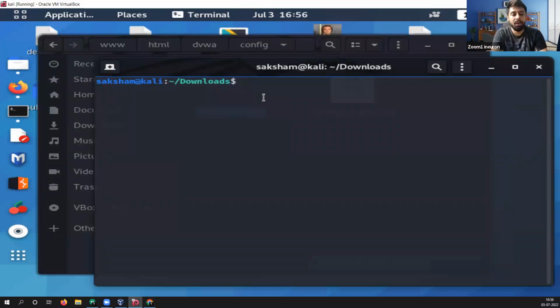First of all, I'm going to start my MySQL services. I'm going to do that with the help of sudo service mysql start. So this is the command to start your MySQL services. When you start MySQL, you'll be able to create the database. I know it might be a little